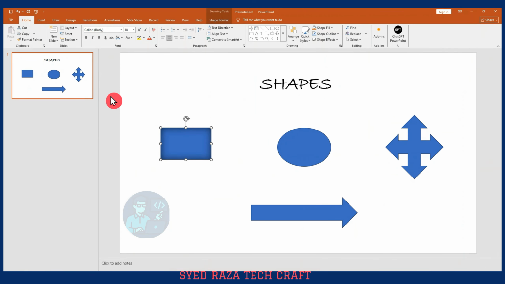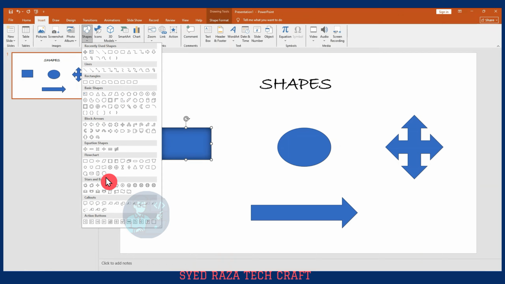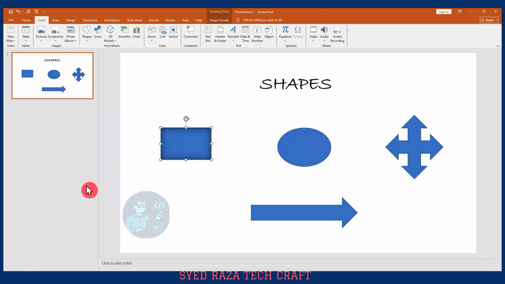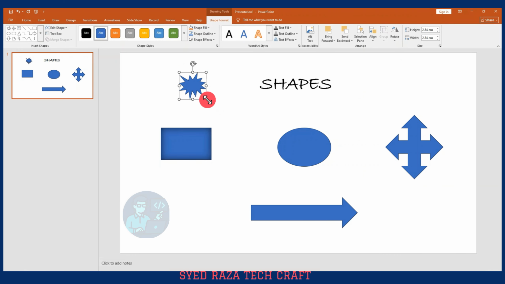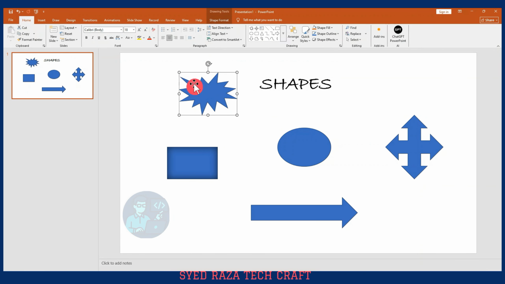So let's see. First of all, if I want to insert any shape in this slide, I'll go to the top left hand corner, to the Insert menu. I'll go into Shapes, and here I can select any shape. That's fine. Let's say I just want to add this shape to my slide. Now once you have added this shape into your slide, here on the Home tab on top you